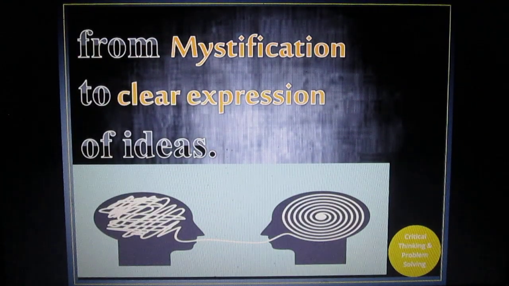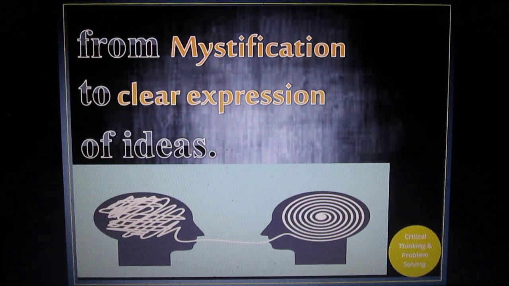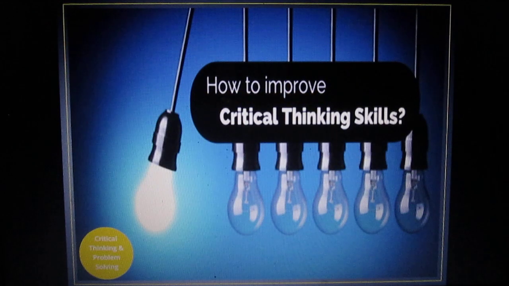Now we can simply say that it is a move from mystification to the clear expression of ideas. On one side, you have so many questions, totally mystified, meaning totally complex. These are not in a proper shape. When your ideas come into a proper shape, you generate the questions and you get the answers, this is called critical thinking. So whatever questions you have, whether in shape or not, make them clear and move further for further improvement.